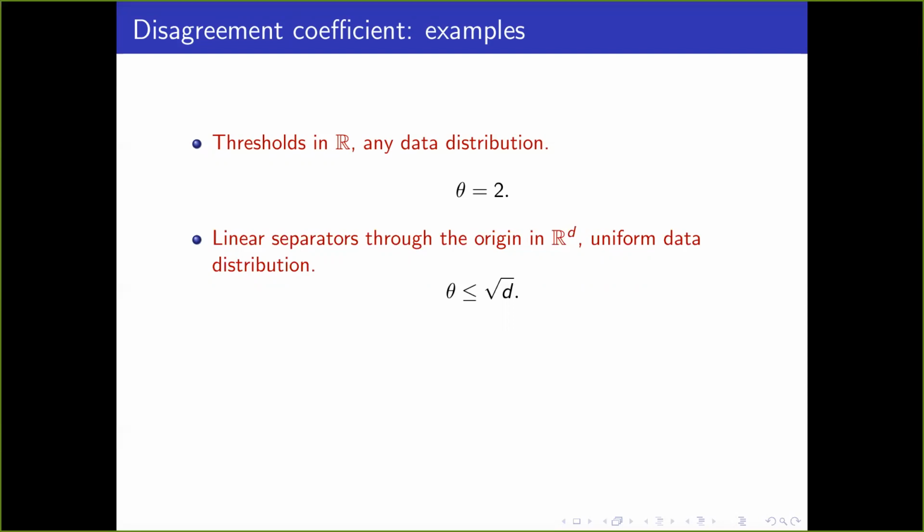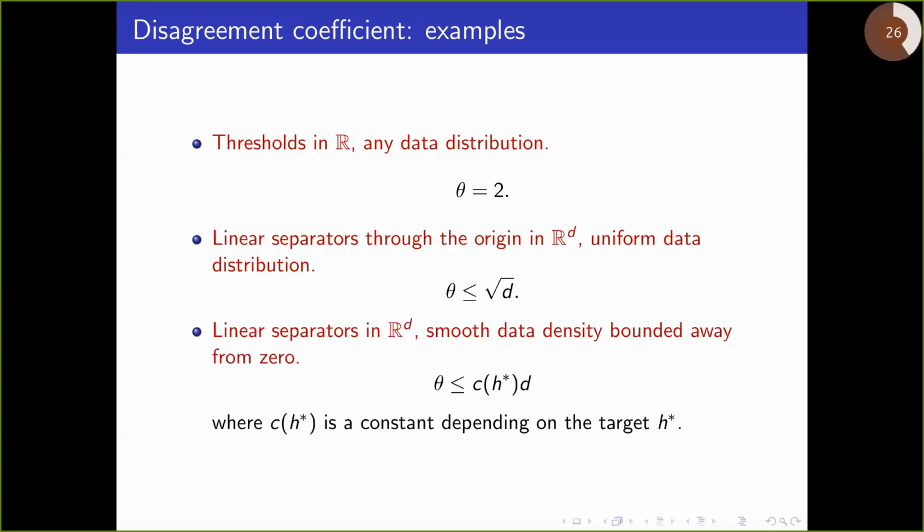That square root of the number of dimensions is actually a little bit tricky. So think about a sphere. Think about a hyperplane cutting the sphere, and the orthogonal to that hyperplane. As you vary the orthogonal, you vary around nearby spheres. Now the question is how much of the sphere gets swept out by the disagreeing nearby hypotheses. That ends up being something like a root D fraction of things.